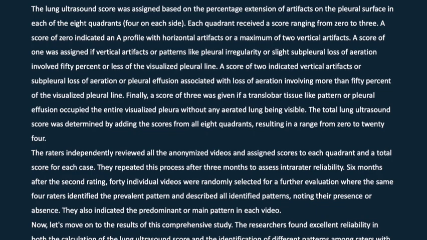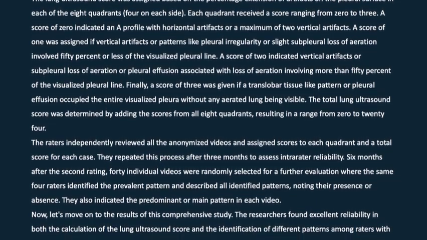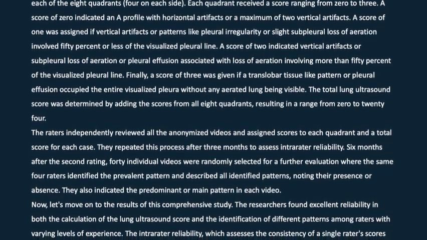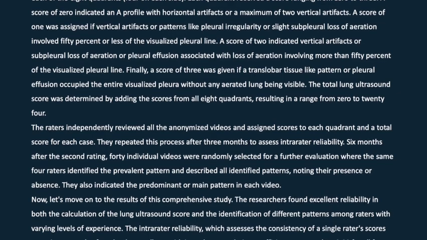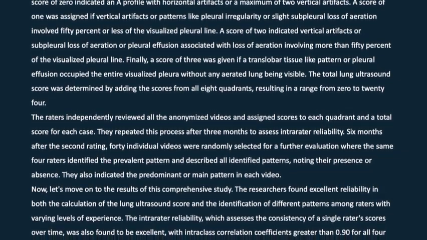Finally, a score of 3 was given if a translobar tissue-like pattern or pleural effusion occupied the entire visualized pleura without any aerated lung being visible. The total lung ultrasound score was determined by adding the scores from all 8 quadrants, resulting in a range from